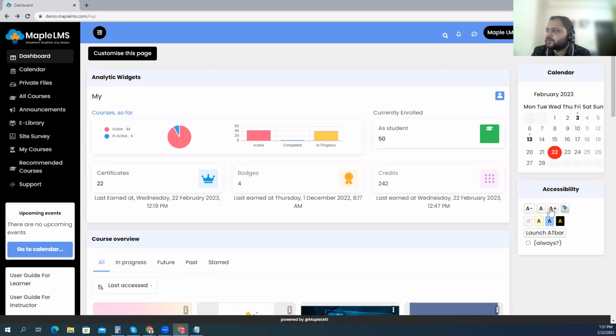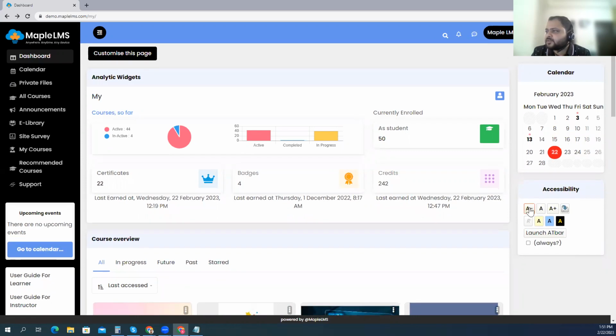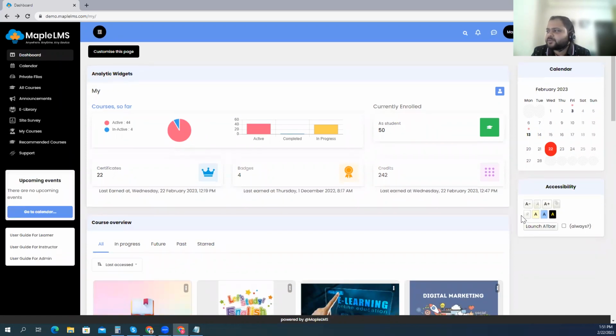And if you notice, that would automatically increase the text size of any text that's available on my dashboard or my view. Okay. Similarly, you have options to decrease the text size, or if you just wanted to reset your preferences and go back to the standard settings, you can click on reset text size. So that allows you to go back and change your text size accordingly.